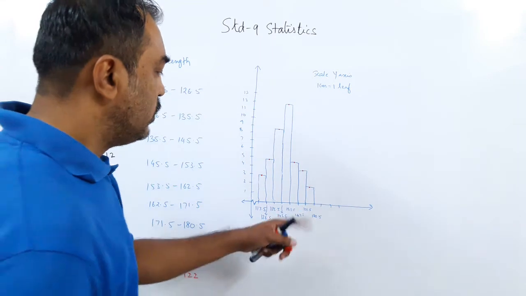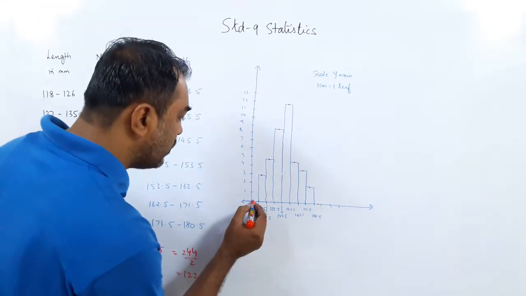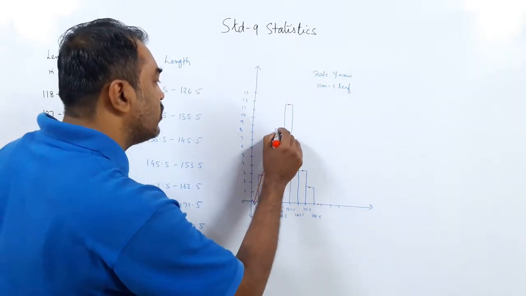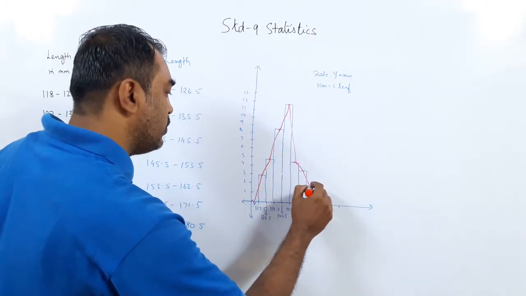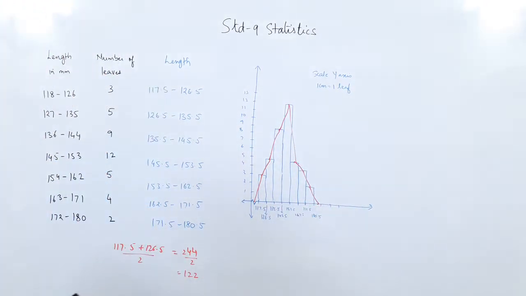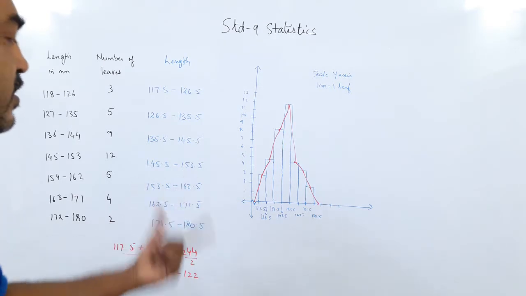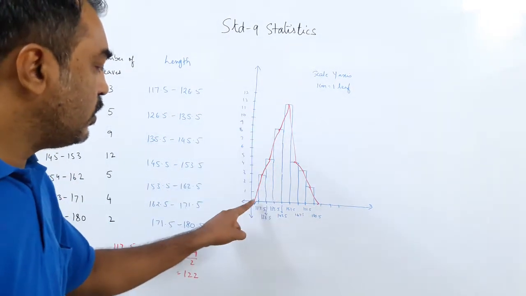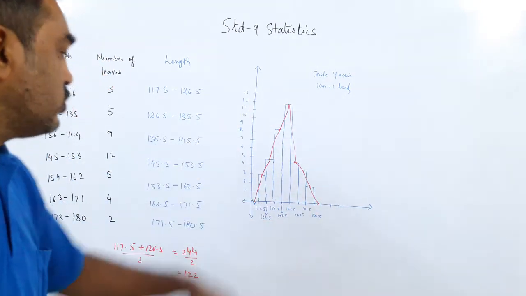But what you have to do is also take the midpoint on this side, and here you have to increase the gap and get the midpoint here. So your histogram will be something like, not histogram, frequency polygon. Now this sum has asked us to do a histogram, but has also asked whether this data can be represented by any other graph. We said yes, it can be represented by a frequency polygon also, but the frequency polygon doesn't start from here to end at 0 because you have to enclose the area.